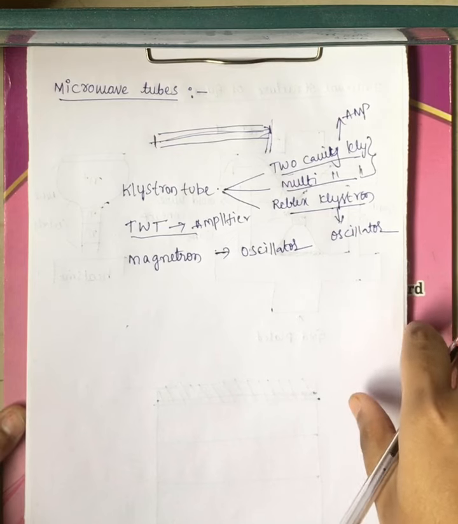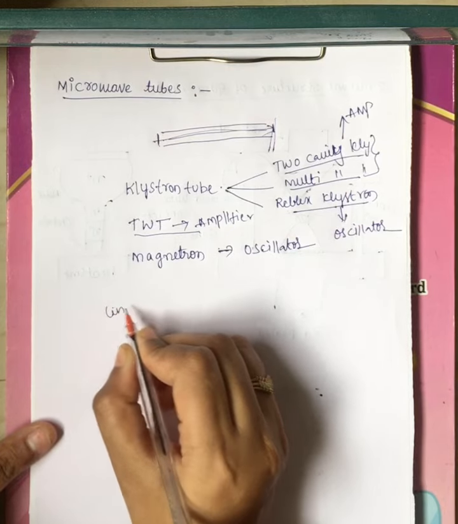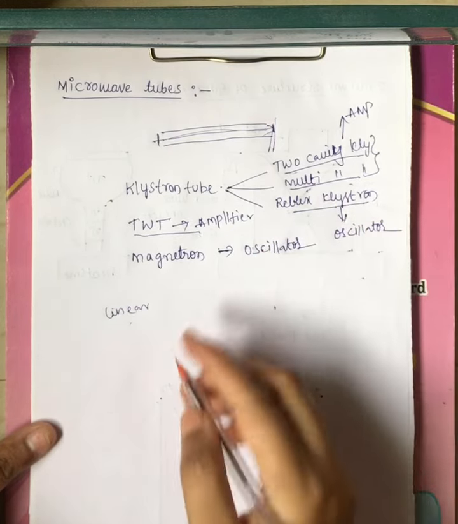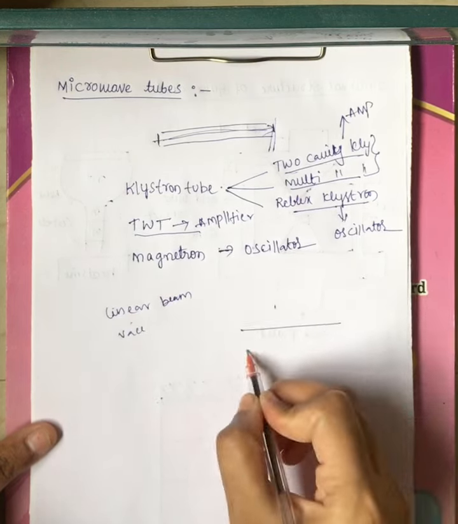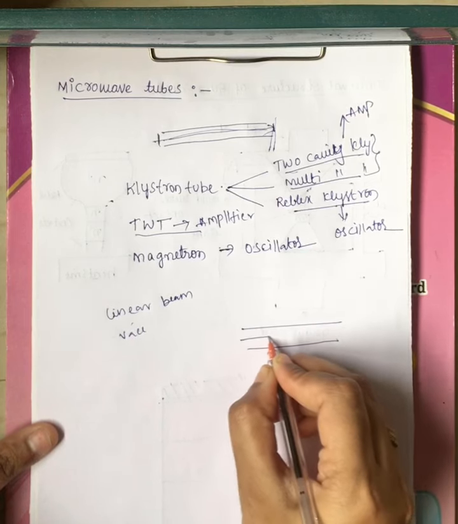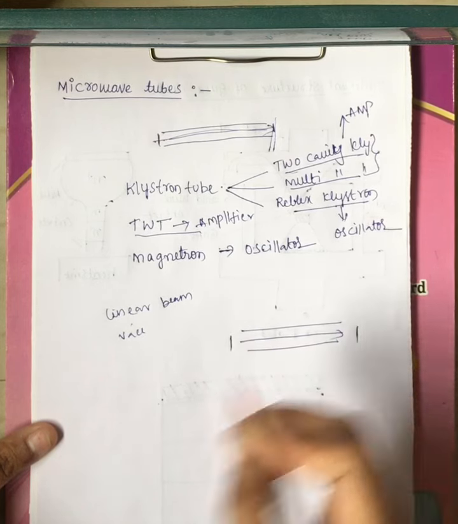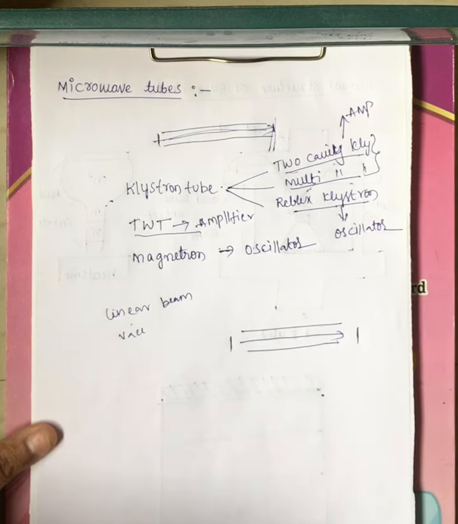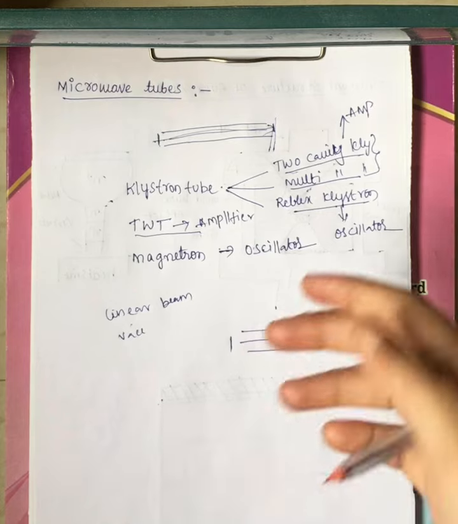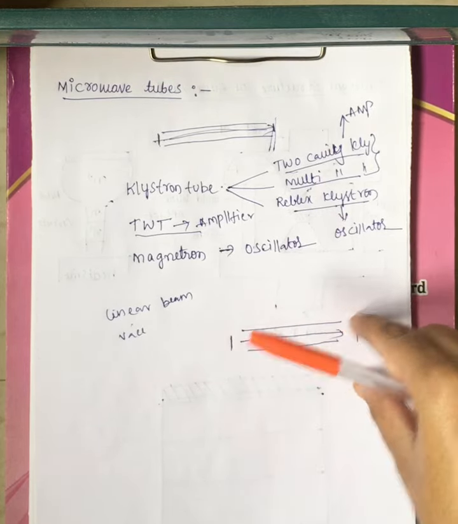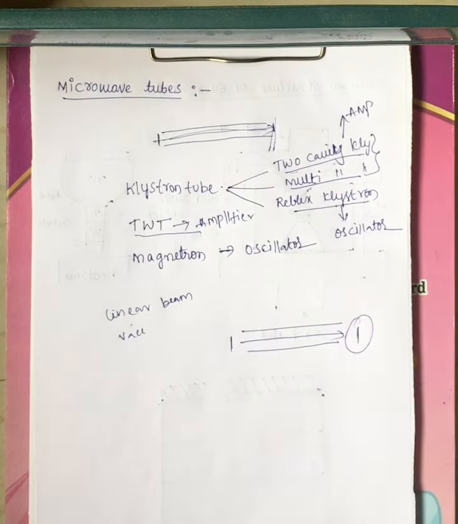Now this is the basic information about microwave tubes. You have linear beam tubes and vacuum tubes, different tubes, right? You know the meaning of the tube. Along this tube the electrons travel from cathode to anode. At one side it contains a cathode and an electron gun through which the beam of electrons is generated. Once generated, the beam travels along this tube and is collected at your anode cavity. This is the basic information about microwave tubes.